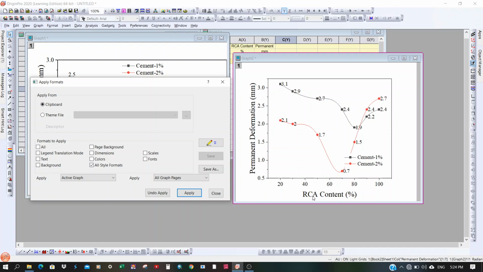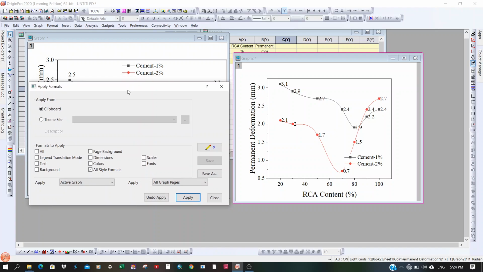title that appeared in graph 2 before, and you can see the position of the legend box here. Suppose if I use the scales option, this will appear similar to the first one, so you don't need this. So now what will you do? Select the color options. If you select the color options, the same colors will appear here.